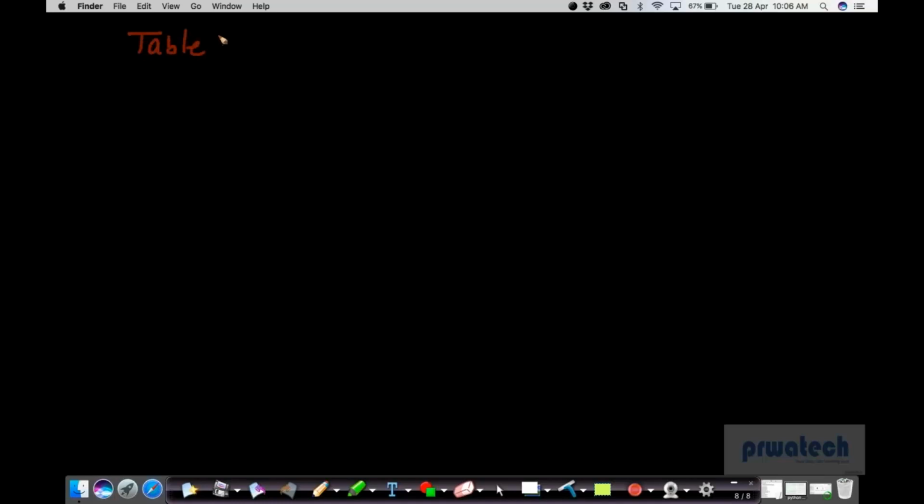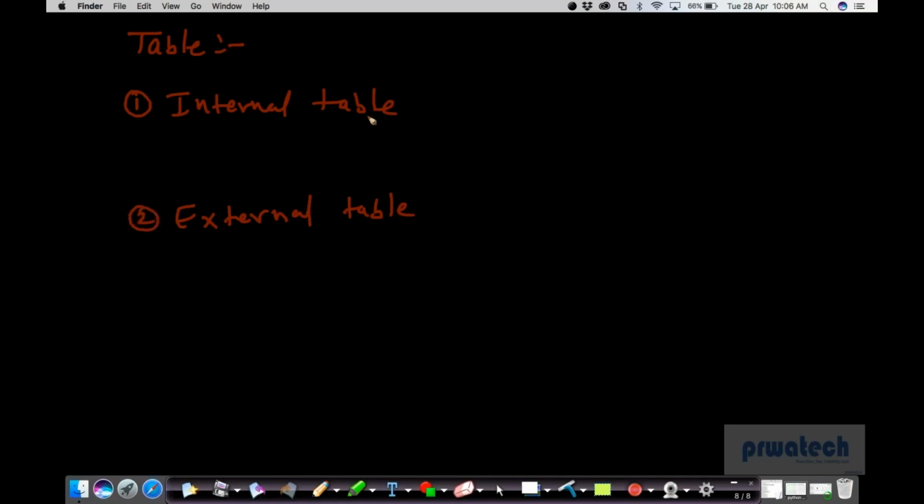Table concept, internal table and external table. All this information I will explain in the practical part in my Hive shell. First we'll see the internal table and then the external table, and how to identify which table something belongs to. Second option: